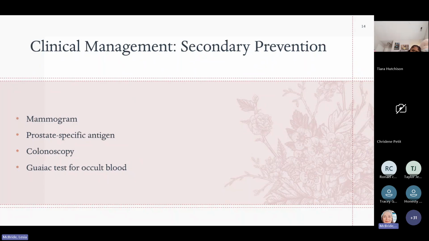We also can do Cologuard. Cologuard is lovingly called poop in the box. They send you a box in the mail. You take a stool sample, you follow the directions, put it into the container, label it, you send it back, and then they run it through a histology department, looks at it to see if there's any type of cancer cells in that sample that you sent.